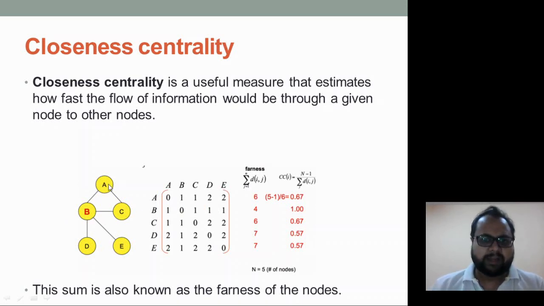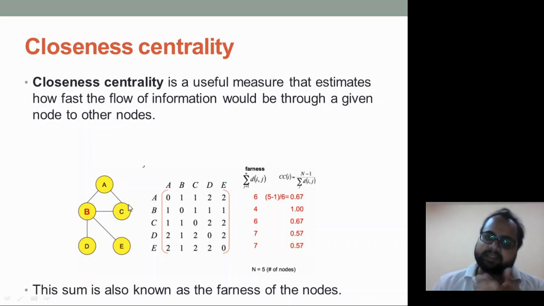B का देखते हैं, B का A के साथ है 1, B का B के साथ होगा 0, ओके B का C के साथ है 1, B का D के साथ है 1 and B का E के साथ है 1। Now इसमें if you see there is no issues, not at all, because your B is connecting with all the nodes, okay so there is no problem in that।